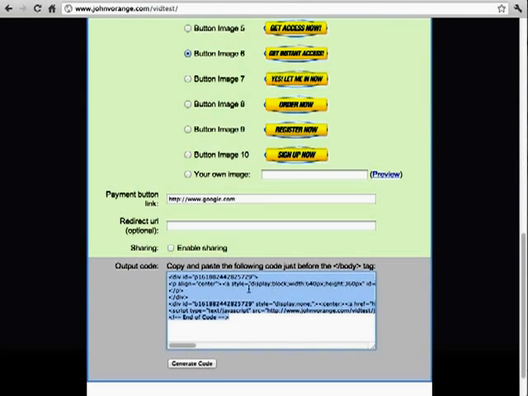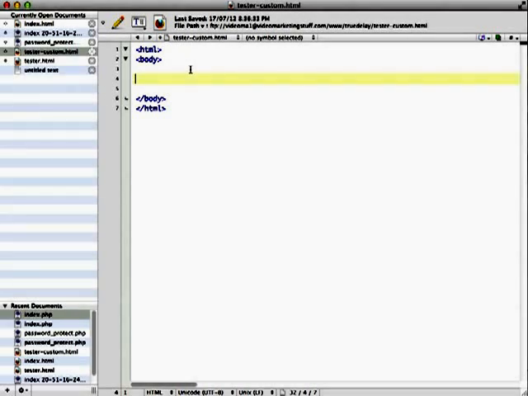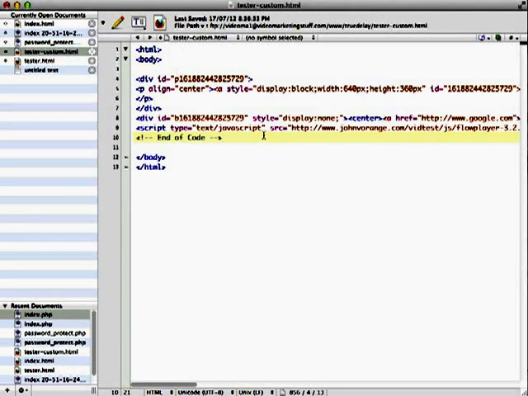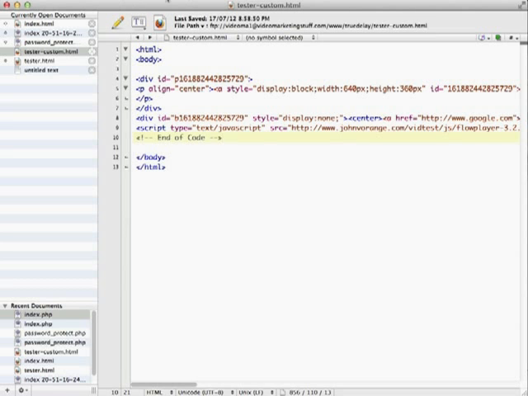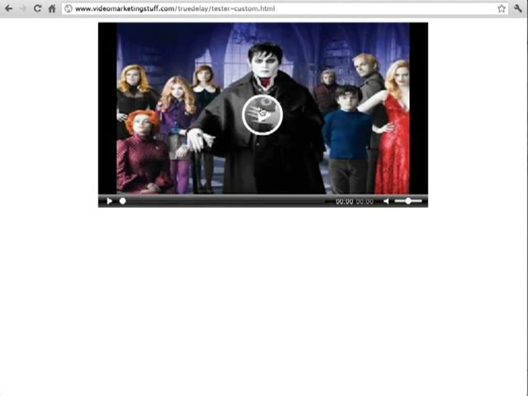I've generated code, and now I'm just copying and pasting it into a very simple HTML file in my case. So you can see it's got nothing except for HTML body, and I'll paste the code right in there and I'll save it. And then if I come to my page and I refresh this, yep, so that's my video,